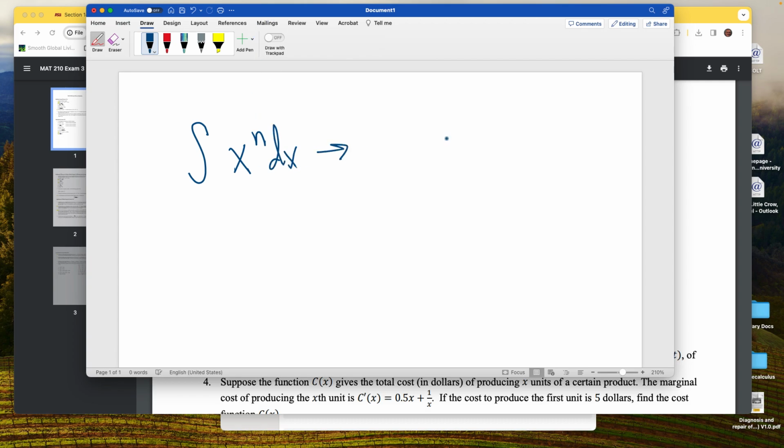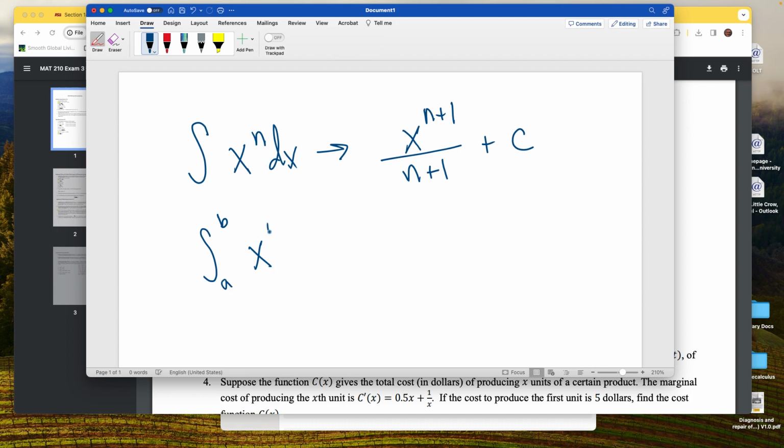To get its antiderivative, we take that exponent, we add 1 to it, and then we divide by that new exponent. And we either add a plus constant for the indefinite integral, or when we got to the place where we were talking about definite integrals,